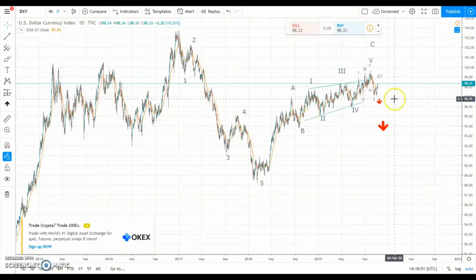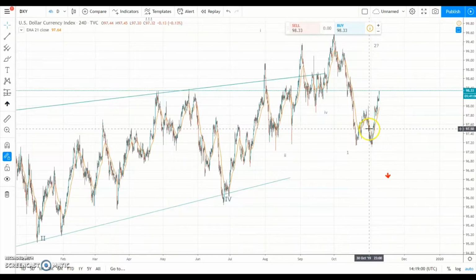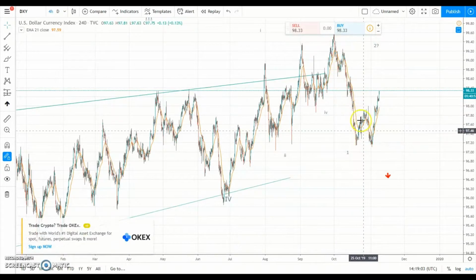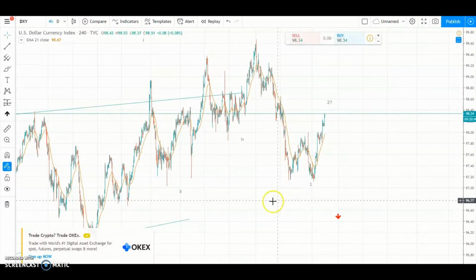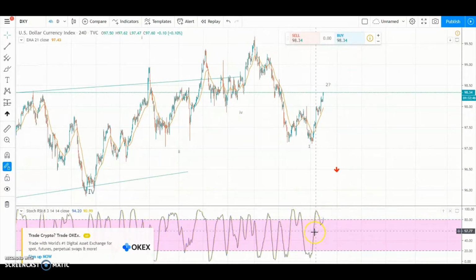So I'm obviously looking to short this thing, but if we zoom in a little bit, let's say a 4 hour, you have this coming down from the top, and then now you have price moving up, and it's moving up pretty strongly. There's a lot of momentum on the way up. Okay, so now I zoom down to the 4 hour chart. From the top, there's already 5 waves down, so that can possibly be a wave 1, and now we might be looking at wave 2 here.